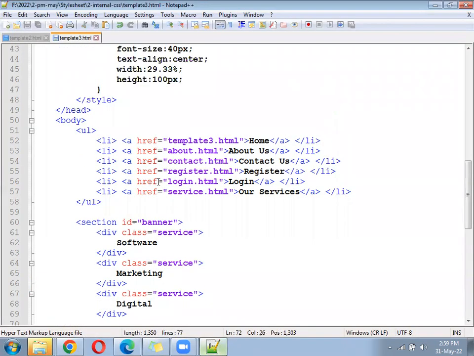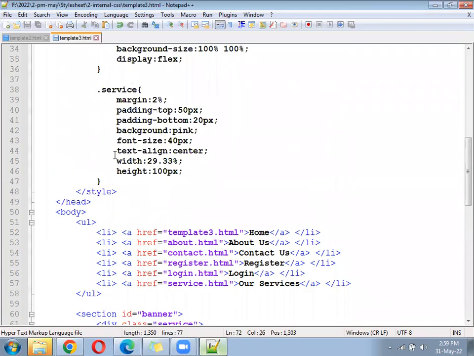The matter to discuss is that for this division, we have given a margin of 2%. It is going to consume 2% on the left, 2% on the right, 4%. After that, how much width have you given? 29.33. So 29 plus 4 is 33.33, into 3, 100% over.